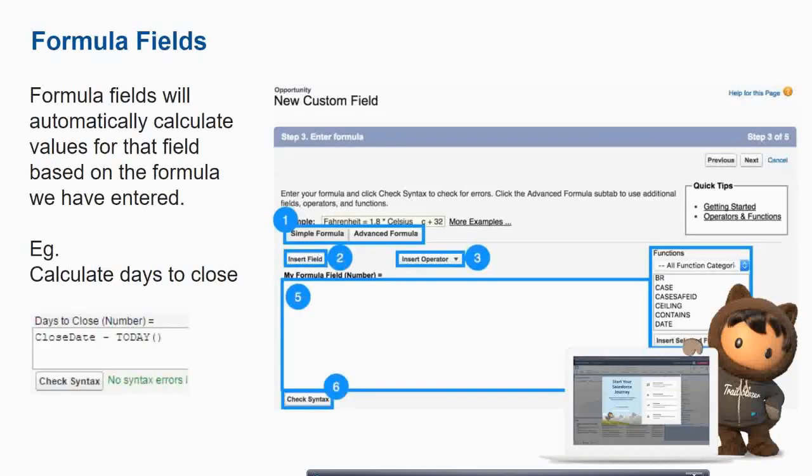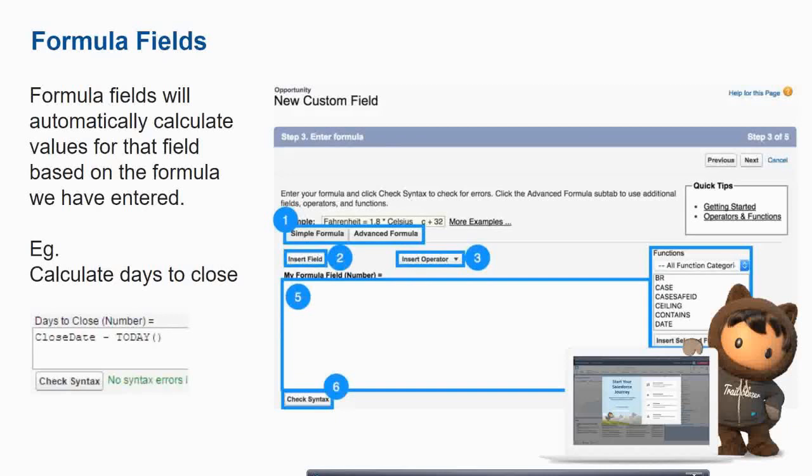Okay, now there is the formula field. What is a formula field? Let's say you want to automatically calculate and populate a particular field based on, let's say, a date the user has placed over there, and you are calculating the number of days or something. You want to auto populate a field based on some other fields, and you have a particular formula for that calculation. In such a scenario you have these formula fields.